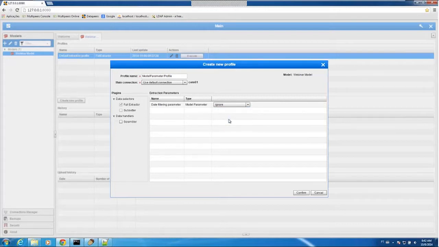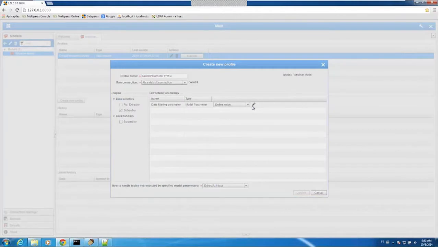I can also ignore a parameter, so if I have several parameters defined and I want to, in each extraction, use a subset of those parameters, I can ignore the others. And I also can say, okay, ask me what's the value of the parameter when I actually start the extraction. I'm going to just define the value. And to do this,